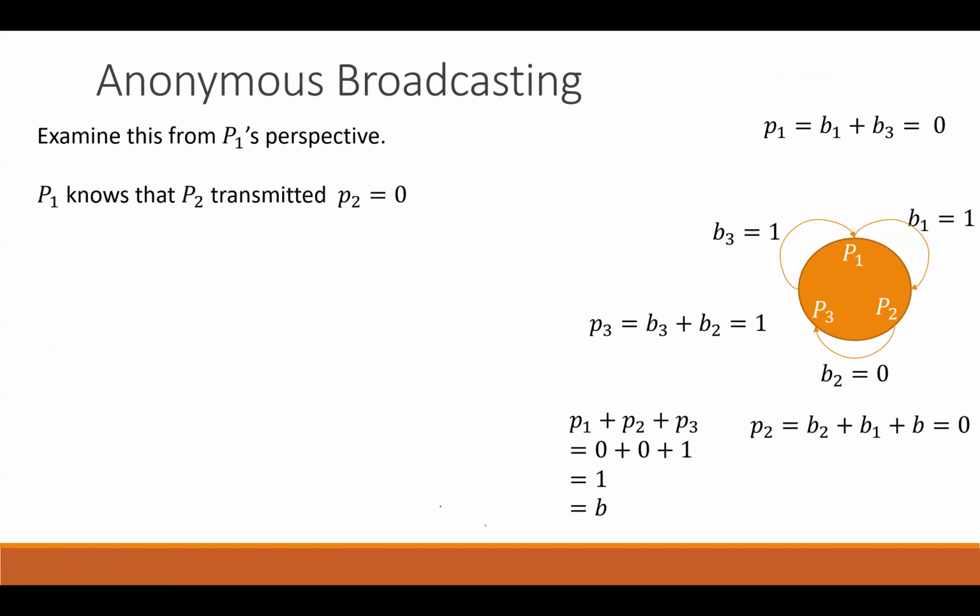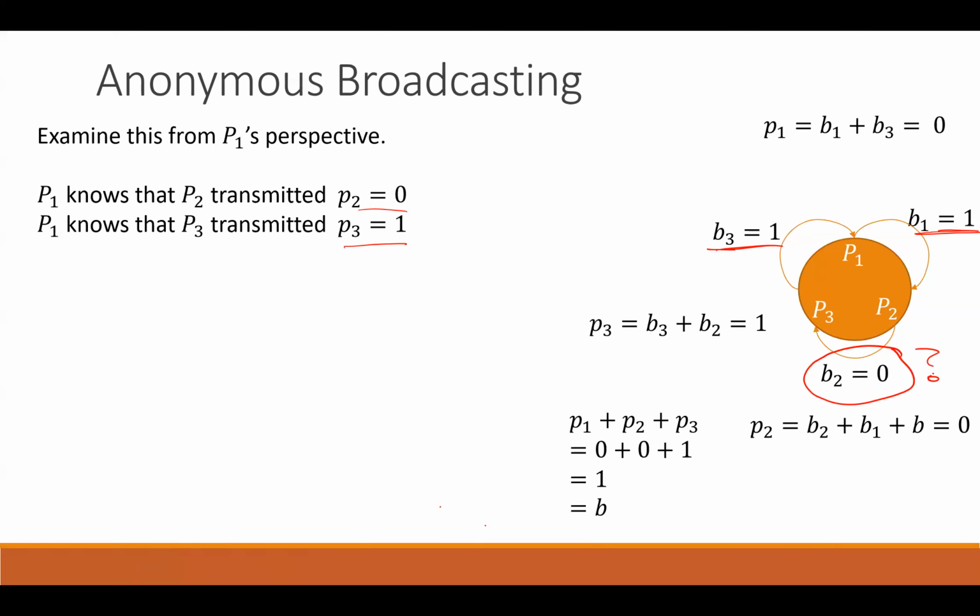So P1 saw that P2 transmitted this bit, right? So it's 0. And they also saw what P3 has transmitted, and P1 also knows what they transmitted. P1 also knows these 2 bits, but P1 does not know B2. Okay, so when P1 does its calculations, it looks at how P2 might have been calculated by person 2, and